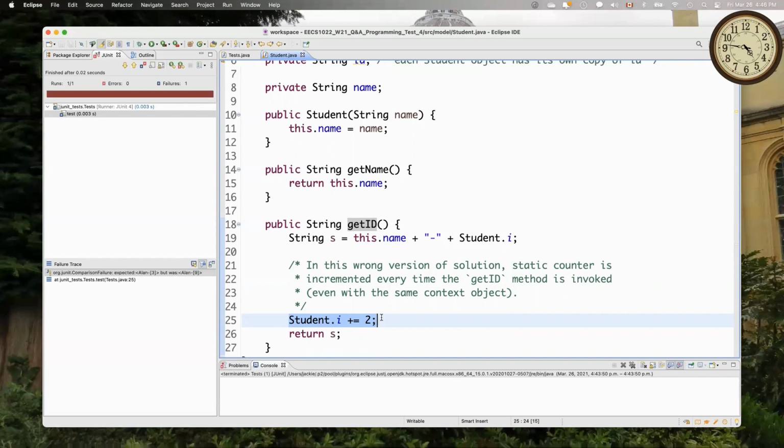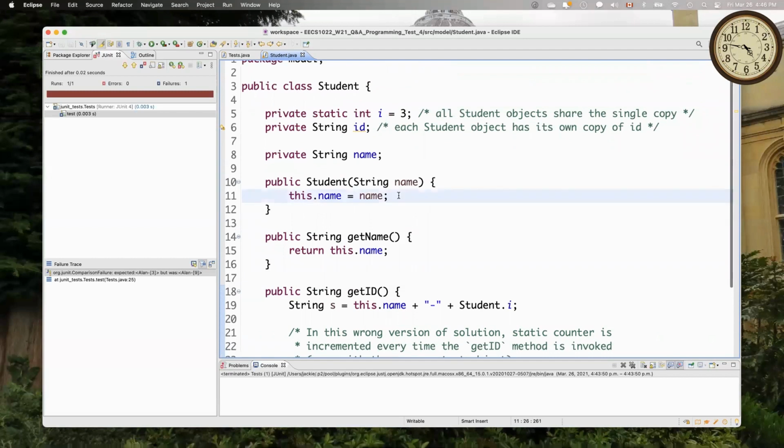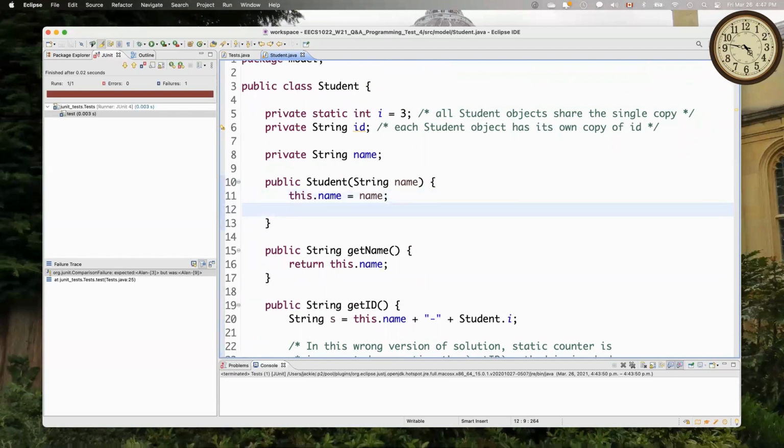In that case, you want to make sure that in that one and only call to the constructor for that particular context object, you do whatever is necessary to update the static counter. All right. So guys, I'll leave this over here for you. I'll leave that static counter here. So that's the wrong version. Okay, just be careful. So what we should do is